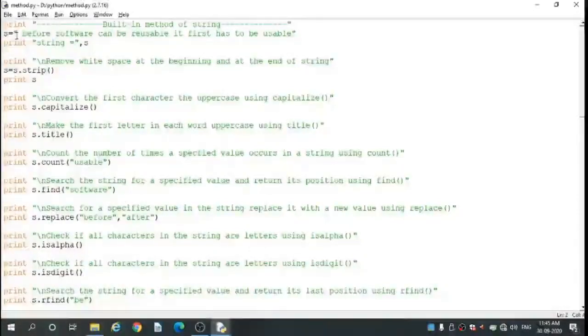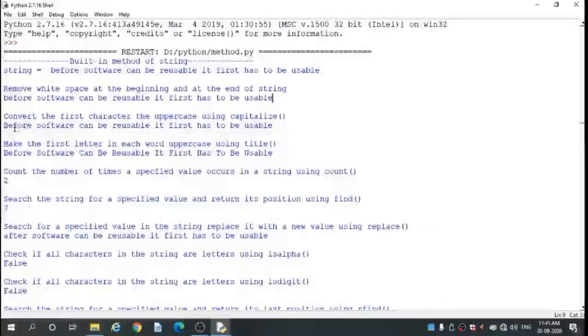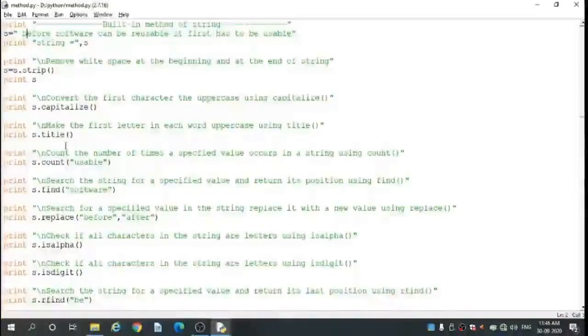Here in the string, b is a small letter. Using the capitalize method, the first character becomes uppercase. So check the output, B is uppercase. Before software can be reusable, it first has to be usable.